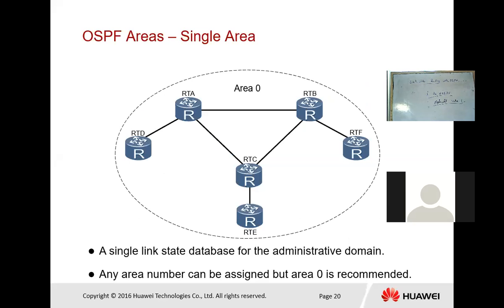Next we have the OSPF area, single area. In a smaller network that may involve a select number of routers operating as part of the OSPF domain, these routers are considered to be part of an area, which is represented by an identical link state database for all routers within the domain. As a single area, OSPF can be assigned any area. However, for the sake of future design implementation, it is recommended that this area is assigned as 0, as shown in the diagram. Area 0.